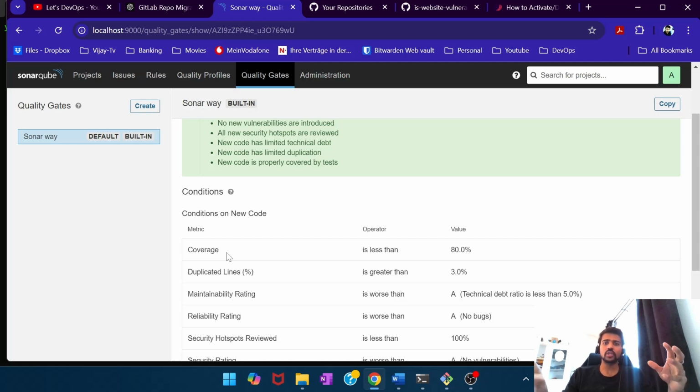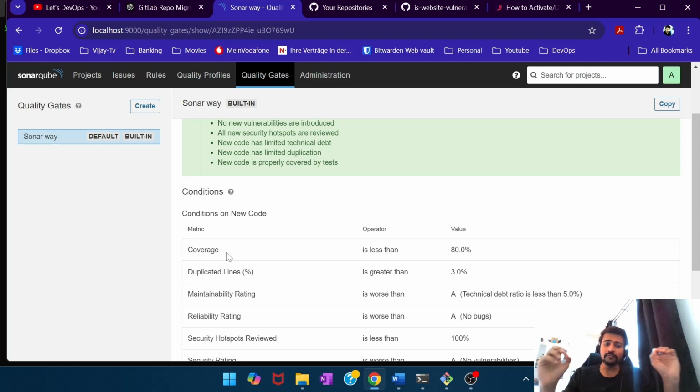So if the SonarQube scan report complies with all of these metrics and all of the values that we have configured, then SonarQube says that the quality gate passed, the scan also passed, which means that things are looking good. It's clean code, and then we can move ahead with the next stage of our CI/CD